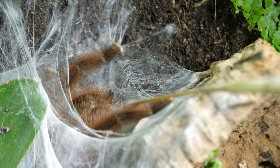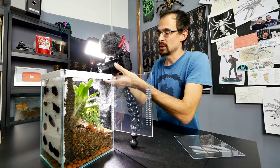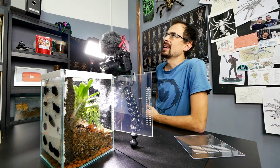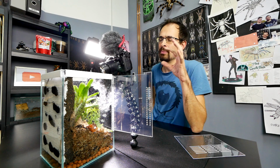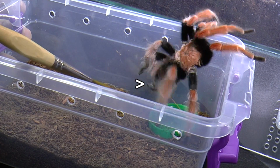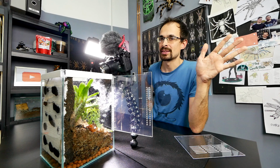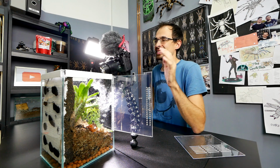these hairs. And recently it got moved into a Caribena genus, so it is called Caribena versicolor. The reason for that is, I believe, their articulating hairs, the hairs that they have on their abdomen, they use them for defense. They are a bit longer than in all other Avicularias. I know it sounds like a minor thing, but when it comes to this stuff, that is like a huge